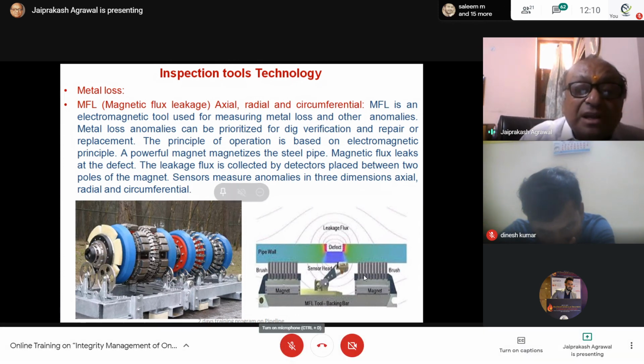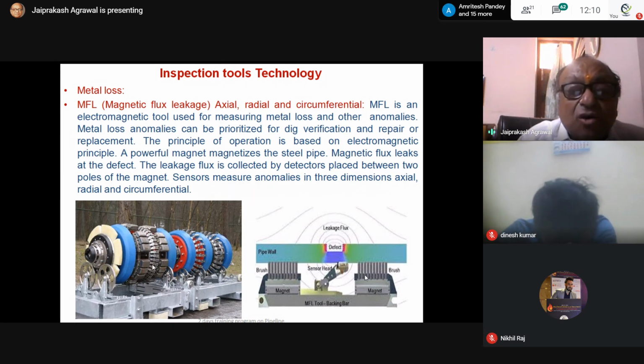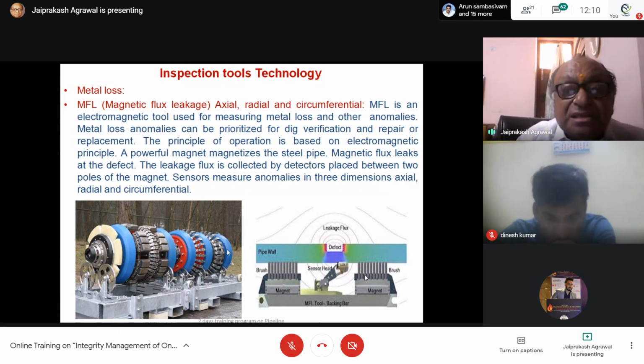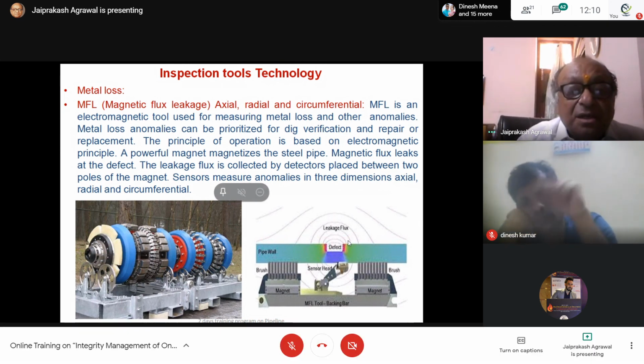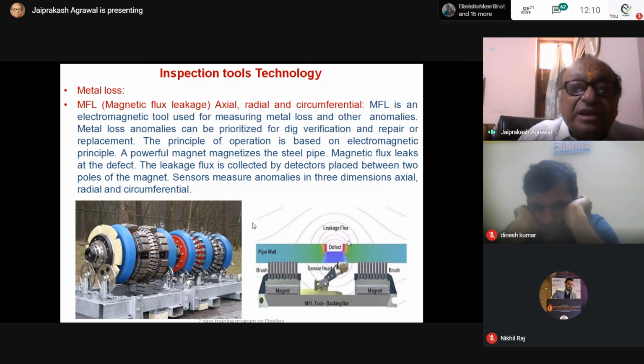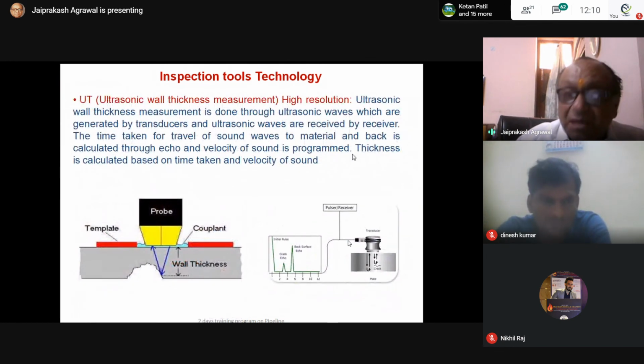So this voltage, depending upon the leakage flux, the change in the voltage is recorded by the recorder, which is somewhere else, the sensor element, and here somewhere is the recorder, and this is the secondary magnet. So it records that, and it comes in the graph, so it gives the difference. We will discuss the inline pigging, then we will see the details. This is just broad about that.